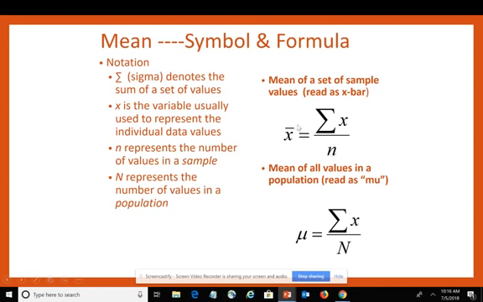The one symbol you do need to know is this one right here, the X with the line over it. It's read as X bar, and it is the mathematical symbol for the sample mean. The other symbol you need to be familiar with is this funky looking U symbol. That's the Greek letter mu, and it represents the mean of the population. You will see those in questions that you have or in problems or in research, so you want to be familiar with those two symbols.